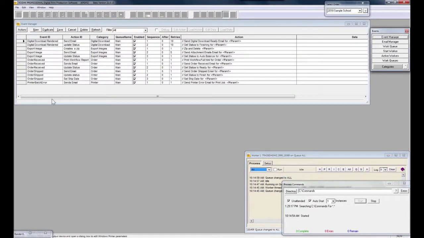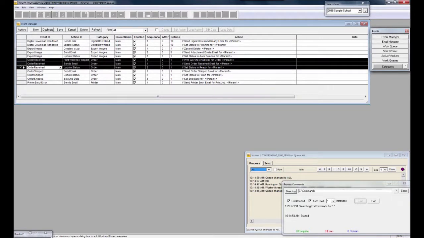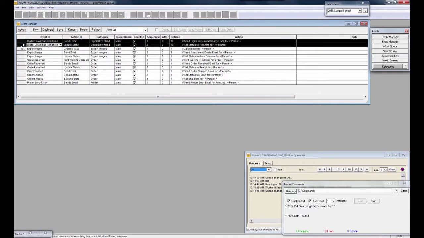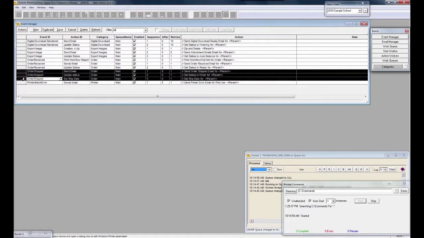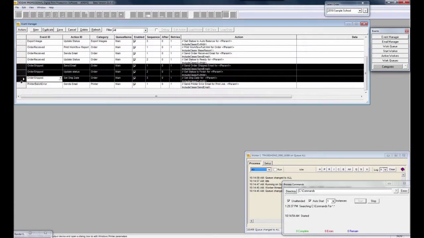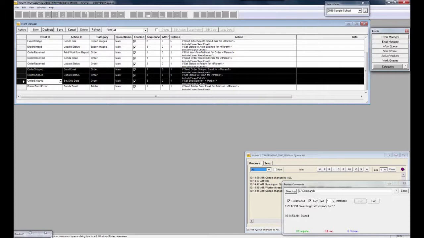I have all of those pieces that I shared with you in my PowerPoint. So I have this order received series of events, and then I have export images. I even have a digital download rendered, and then I have order shipped, and I have this printer batch error event that can trigger maybe an email, maybe a text message to someone in the lab if a printer error is encountered. I'm going to show you how to set these up from scratch, but I usually save that to